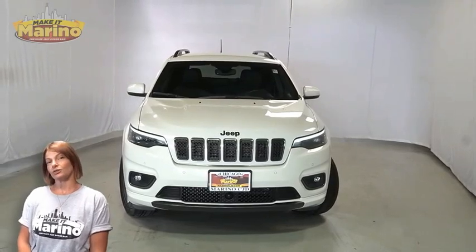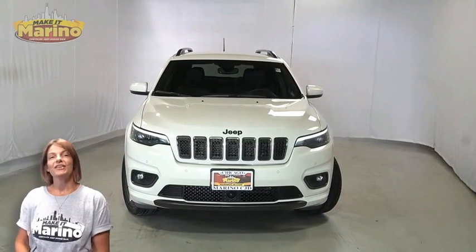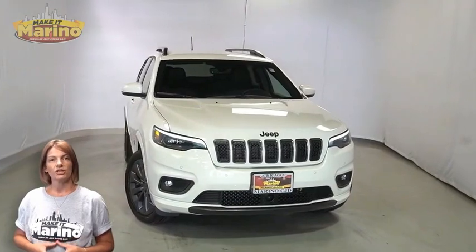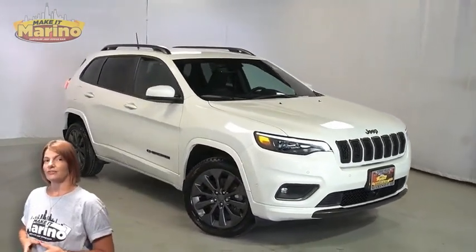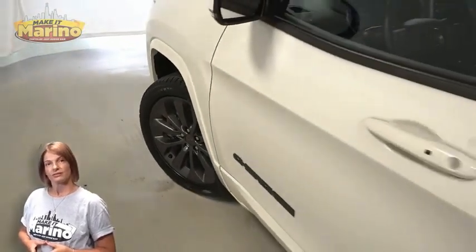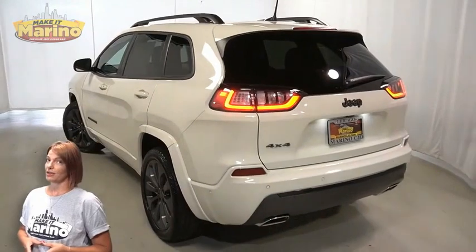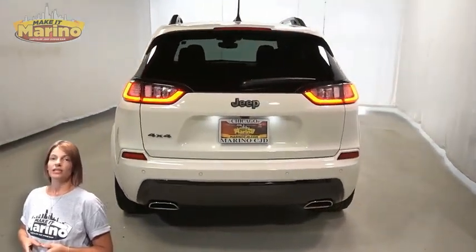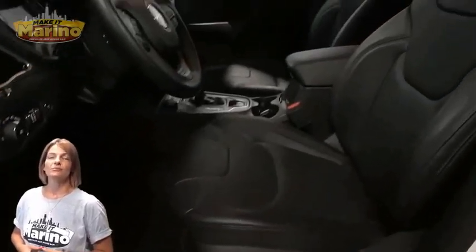Looking for a functional, compact SUV with reliability and safety for the whole family? Then take a look at this certified pre-owned 2019 Jeep Grand Cherokee Limited in pearl white. With HID headlamps, front fog lamps, 19-inch aluminum wheels, blind spot and cross-path detection, rear window wiper and washer, heated front seats, heated steering wheel, 12,000 miles on the odometer,